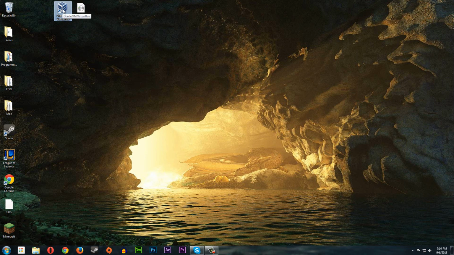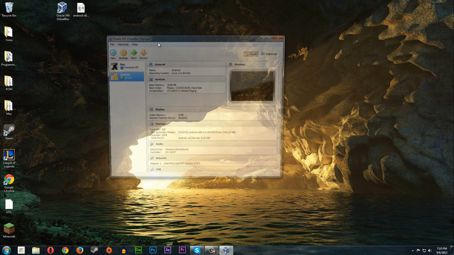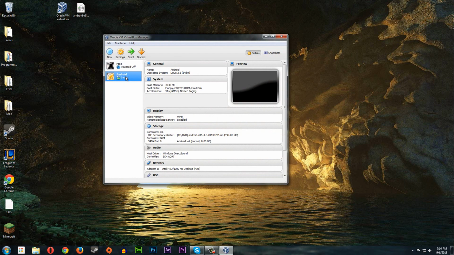Once you've downloaded all these things, you can just open up VirtualBox and it should be blank. Now this is my old Android one that I made to test this thing out a few times, and this is my Mac. Yeah, I could run Mac OS X on a Windows PC. Pretty cool. The only reason I really had it was for Xcode, but anyways,